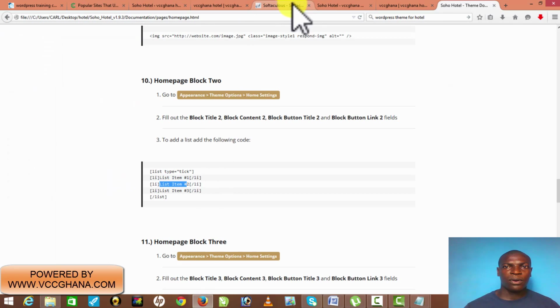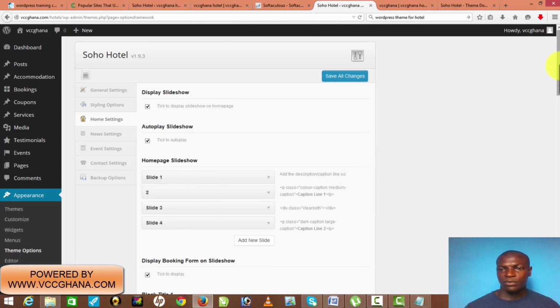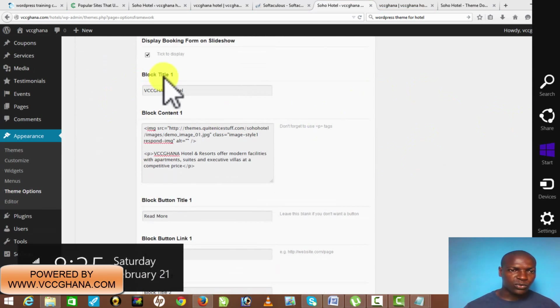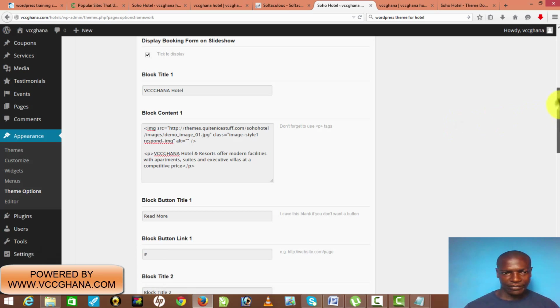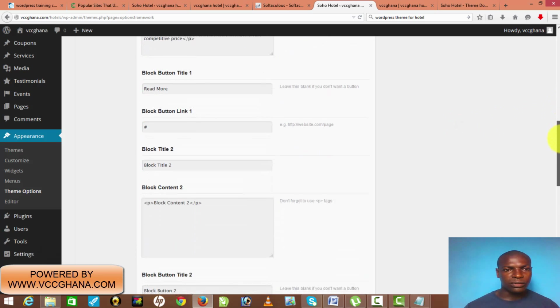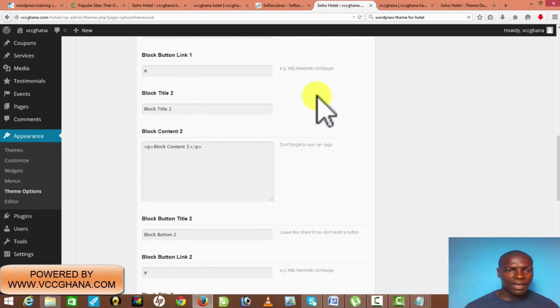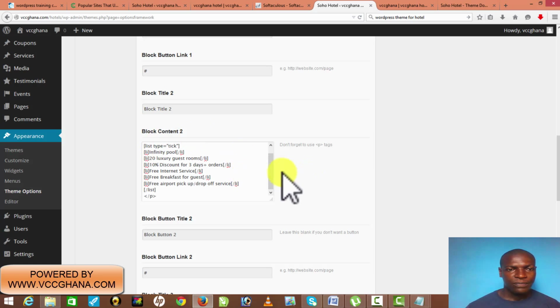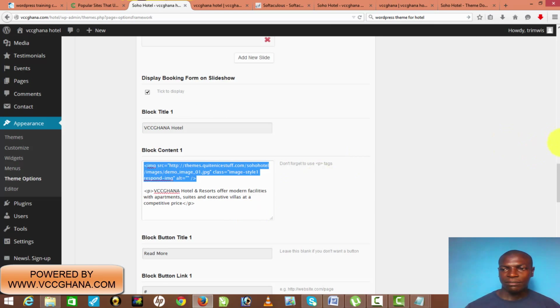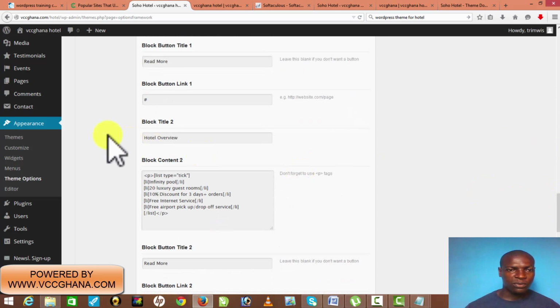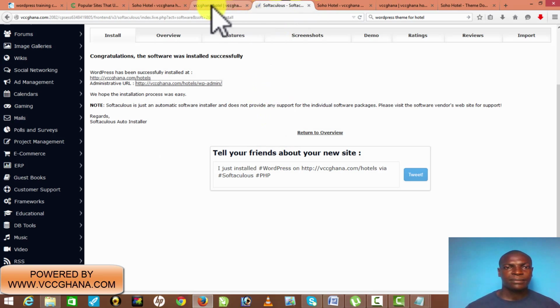and go back to our block again. So you can see here, we've done our slide, we've done the block title 1. So right now we'll go to block title 2. You get it? So the code we'll copy, I'll just paste it here inside here. That's the feature of the hotel, and paste it. Okay, so it's that simple. If we go by our model here, block title 2, it will be hotel overview. So I'll just copy it. It's very simple,